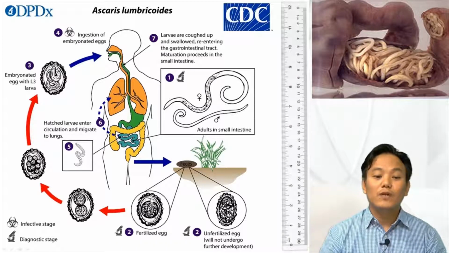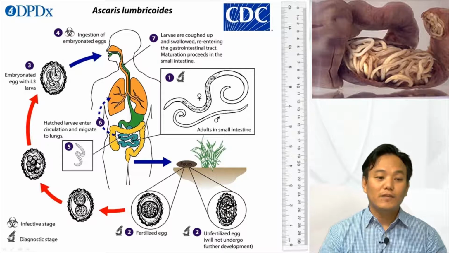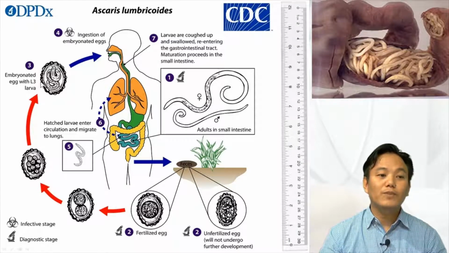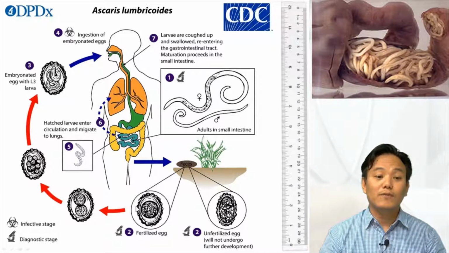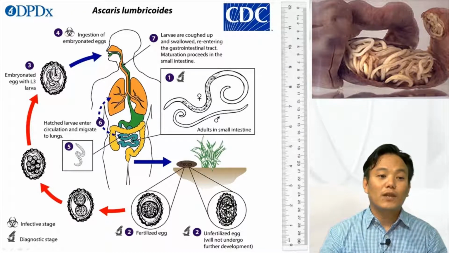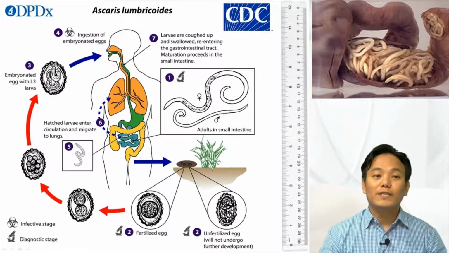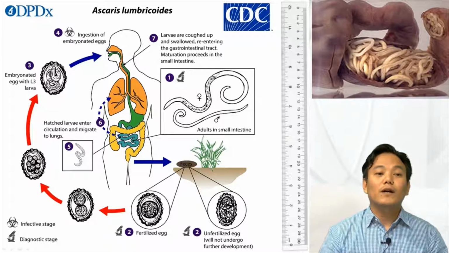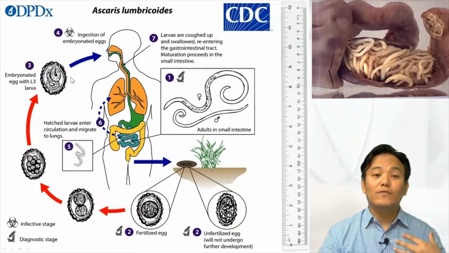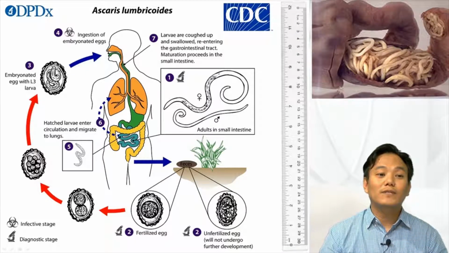infectious. So these fertilized eggs will gradually develop into an embryonated egg with larva. They will develop into a larva within the egg when it is outside the body, and that larva is quite infective. So when we ingest that larva accidentally along with contaminated food and water, what happens is the egg hatches and